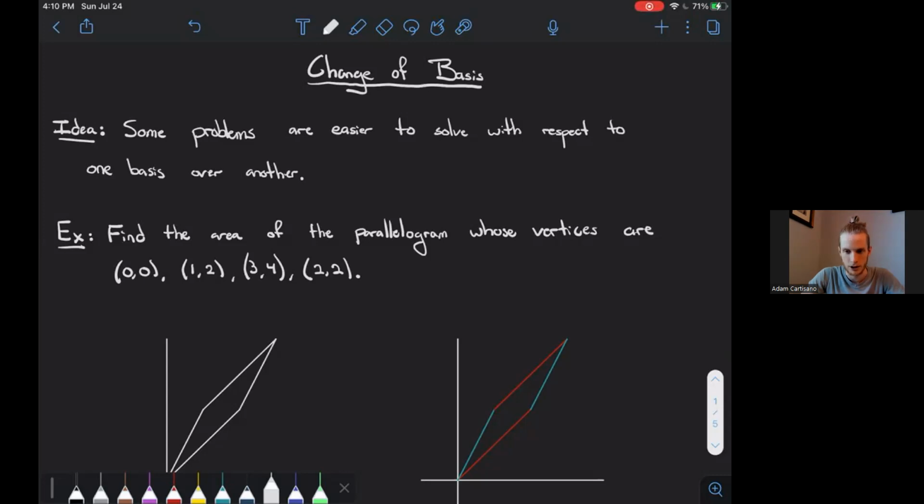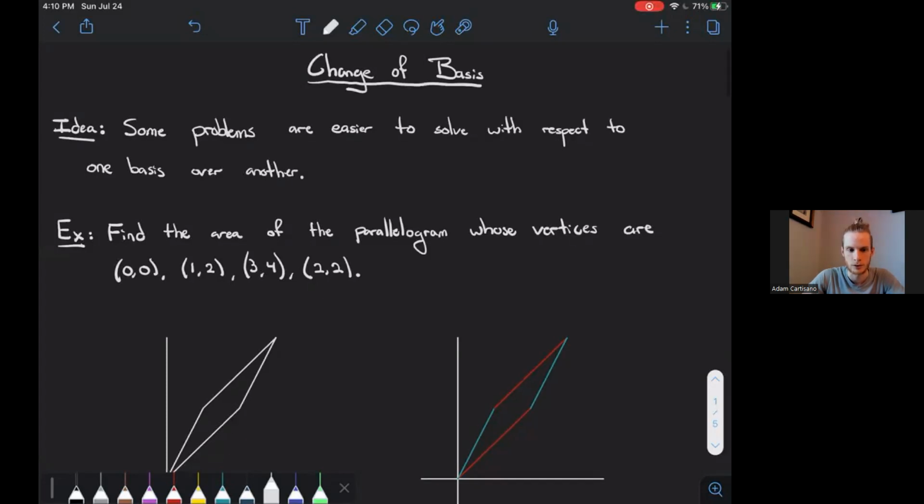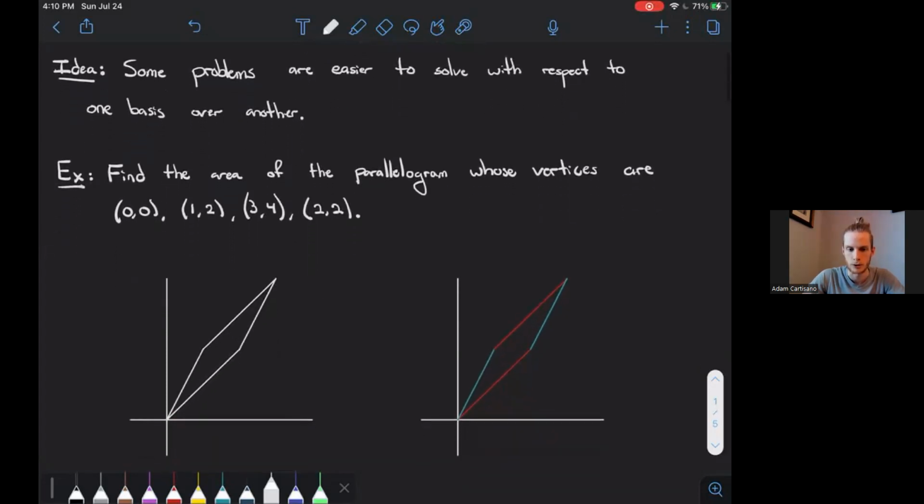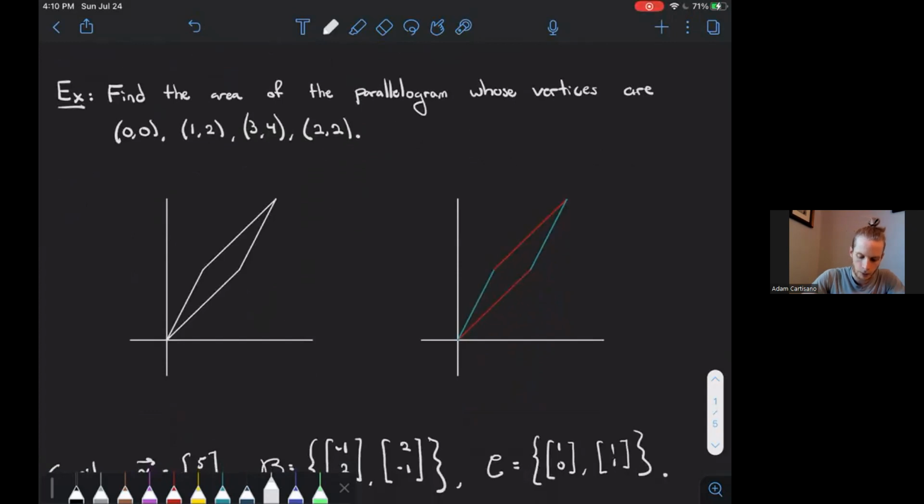We're not actually going to solve it, but just to give you an example: find the area of the parallelogram whose vertices are (0, 0), (1, 2), (3, 4), and (2, 2). Now, I don't know how you would want to go about this. If you're very clever, you might try to divide your parallelogram into two triangles. Notice that with respect to the standard basis or standard coordinate system,